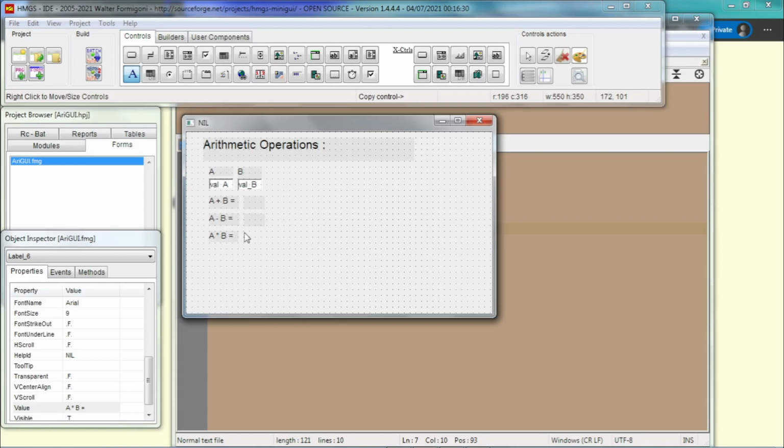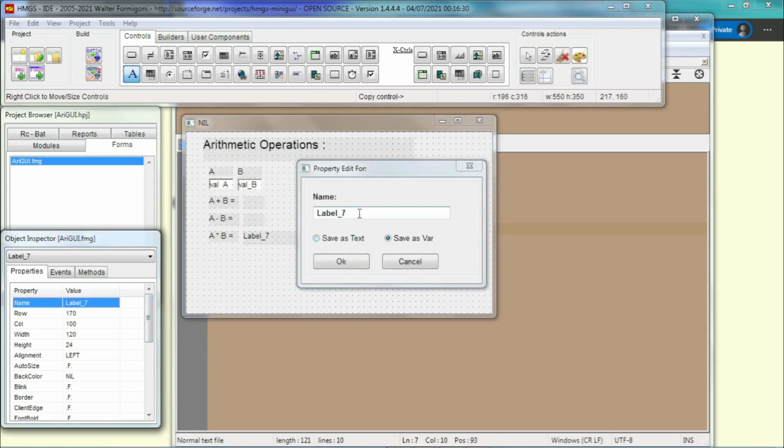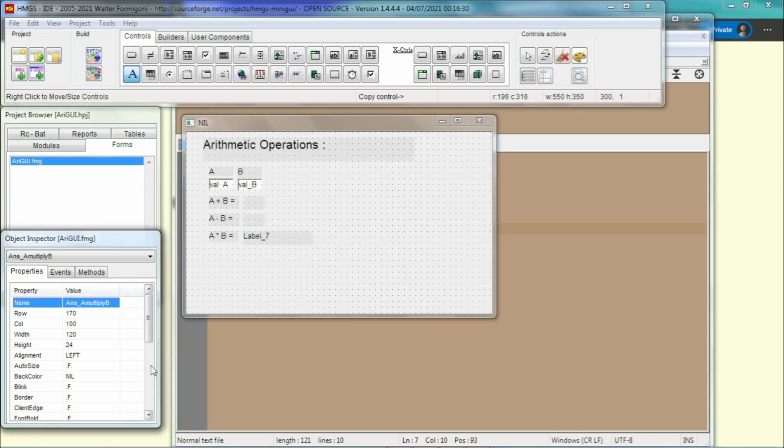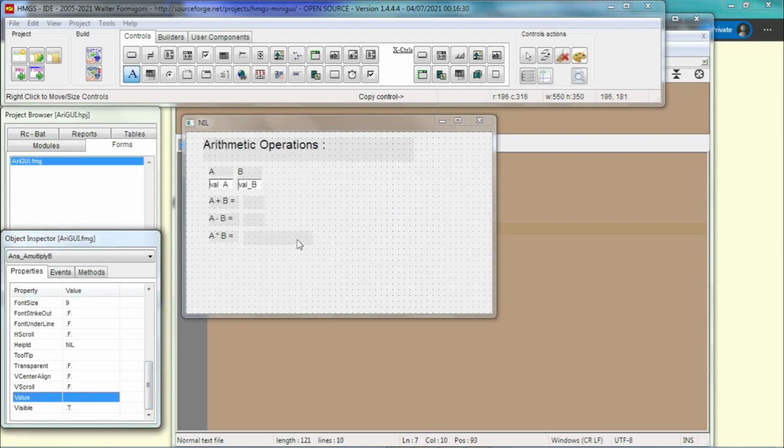Another label here, and this label we name it as answer, A multiply B. Okay, and the value we just clear it, that will be the answer later. Resize it again,